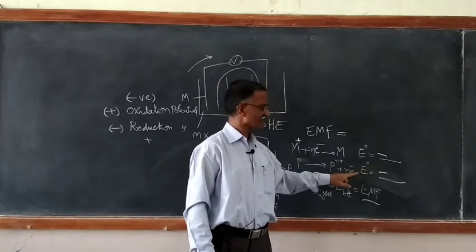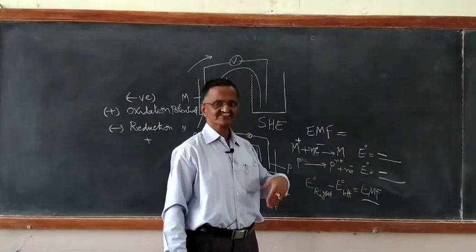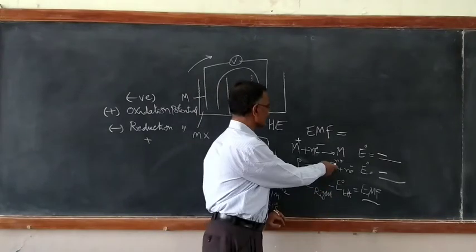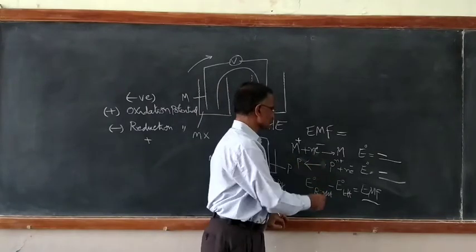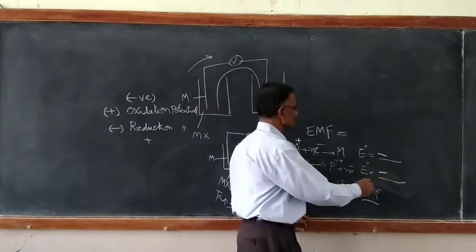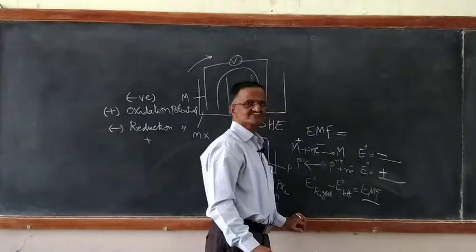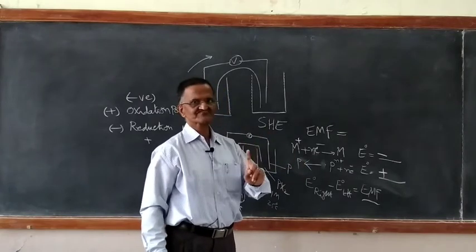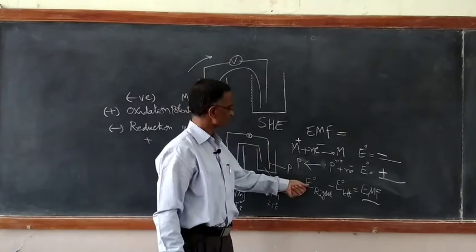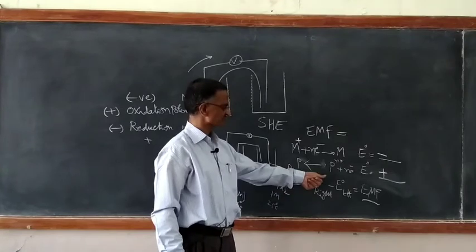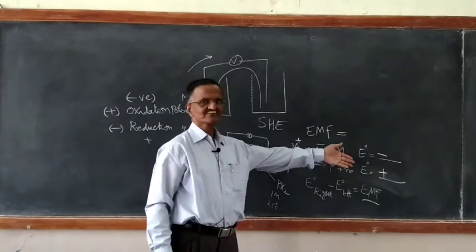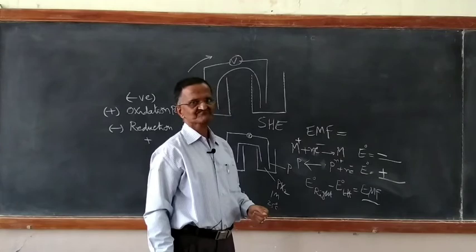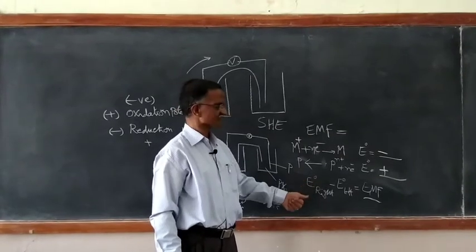But if I want to have this value in terms of reduction potential, that means reverse it, then what will happen? That will become positive, and you will have both of them in one term, that is in terms of reduction potentials. Then you can apply E right minus E naught left, the EMF of the cell. So if this is clear,